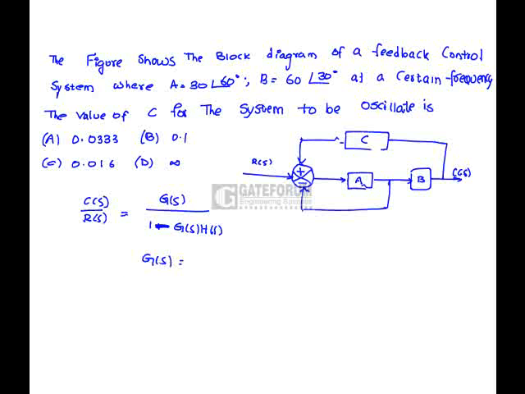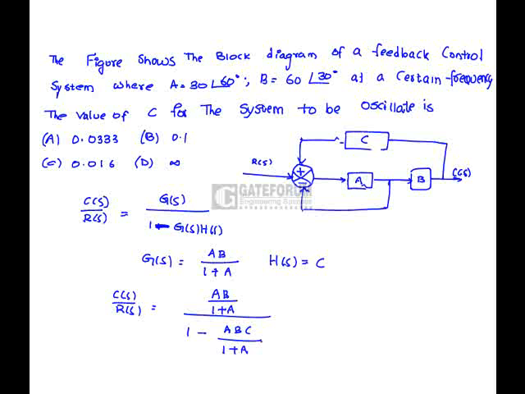Here G of s is AB by 1 plus A, and H of s is C. So C of s by R of s equals AB by (1 plus A) divided by 1 minus ABC by (1 plus A), which is nothing but AB by (1 plus A minus ABC). So for the system to oscillate,